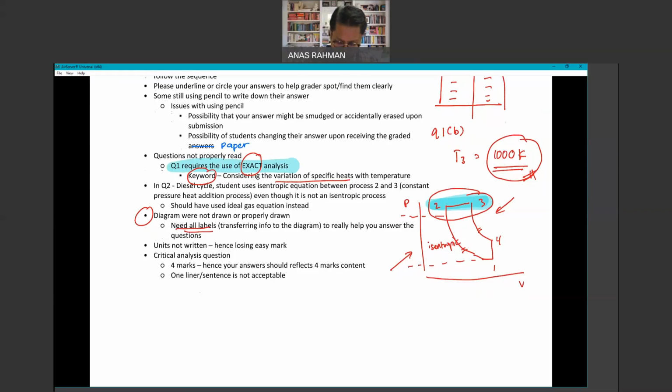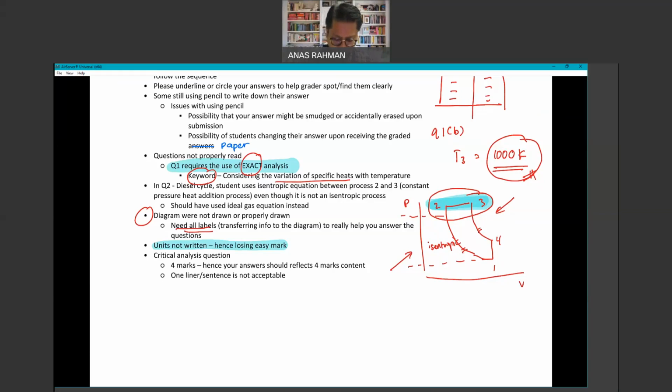The other issue is regarding the units. I've told students so many times, units are very, very important. They give meaning to the answers. Kilopascal and kilojoule are two different things, for example. Without a proper unit, your answers are meaningless. So students who did not write a proper unit will have their marks or grades deducted. Hopefully you pay attention to that.